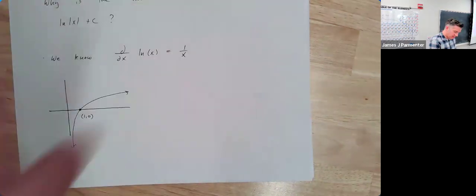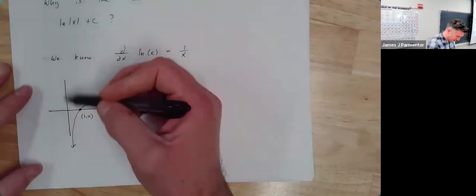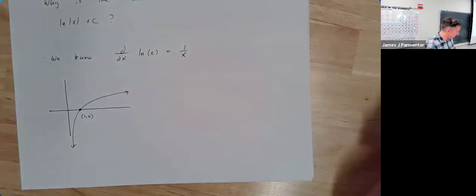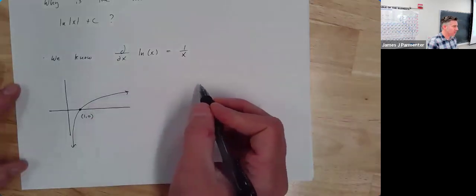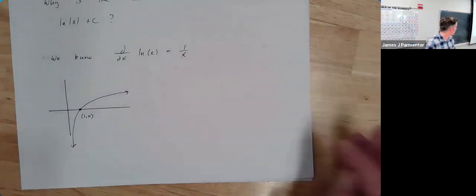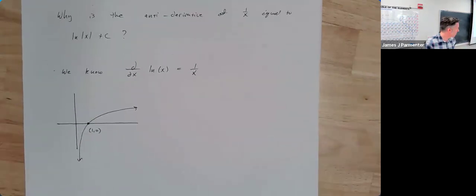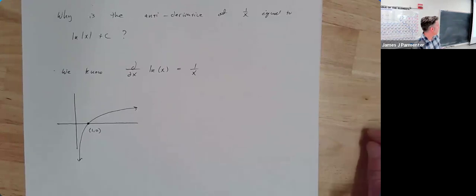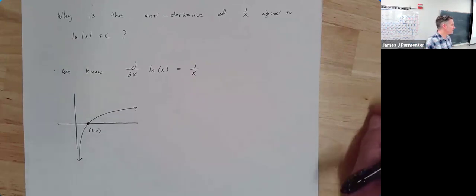So remember the natural log function: it has a vertical asymptote and an intercept at (1, 0), and it keeps getting bigger and bigger. It just slows down, but it does increase forever. So when you talk about the derivative of this, the graph of 1 over x would actually be too much, because